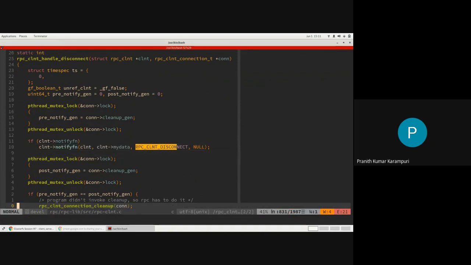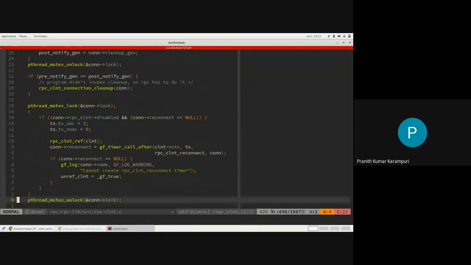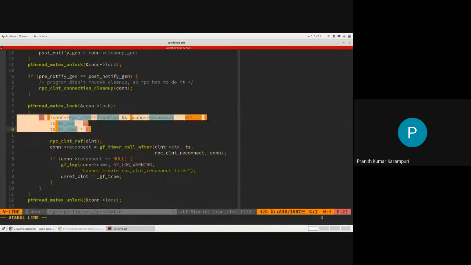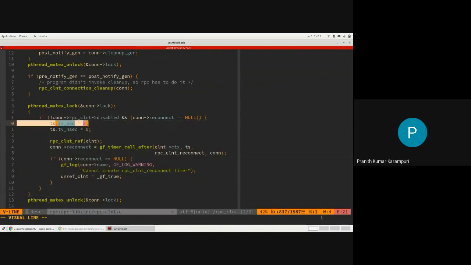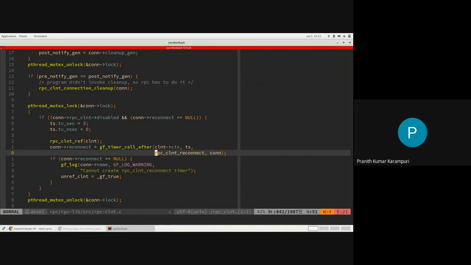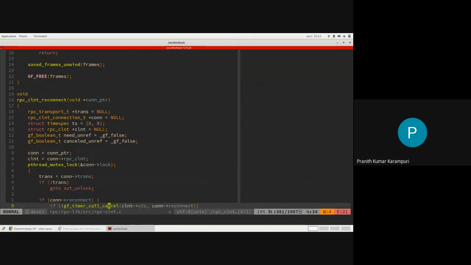Once this is done, it will set up a reconnection timer and it will do a reconnect. Okay. So every 3 seconds, it will call a reconnect, rpc_clnt_reconnect. So it will use a timer event. After 3 seconds, it will call this rpc_clnt_reconnect. We can check what is happening in this rpc_clnt_reconnect also.